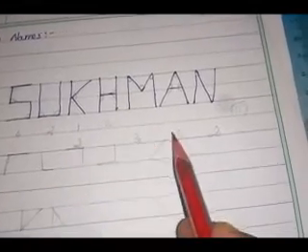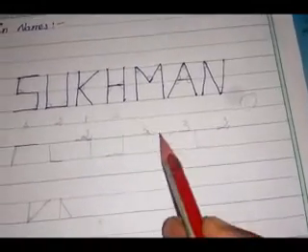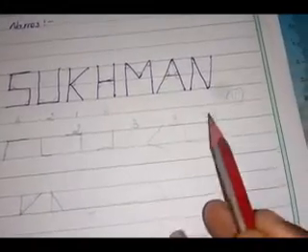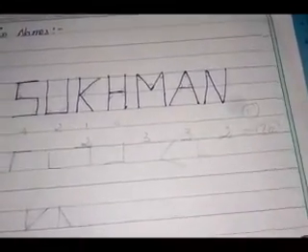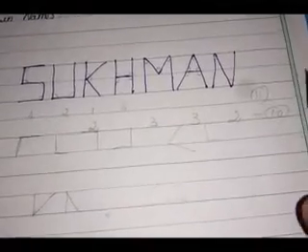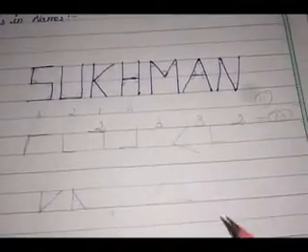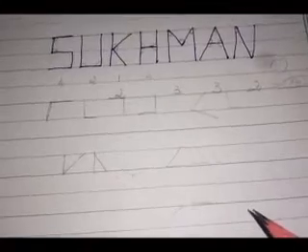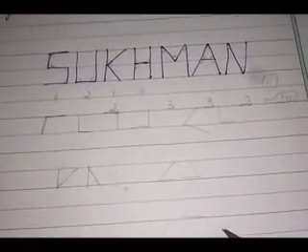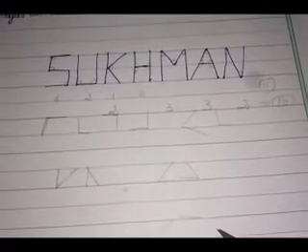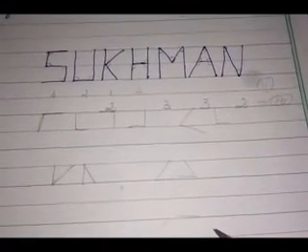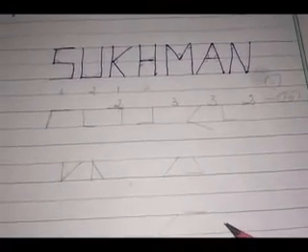2 plus 3 plus 3 plus 2. 2 plus 3, 5. 5 plus 3, 8. 8 plus 2, 10. Total 10 angles are less than the right angle. Understand? Like this, you have to write the three names and find out the right angle, less than the right angle and more than the right angle in the tabular column. In page number 25, one tabular column is there. You have to fill it.